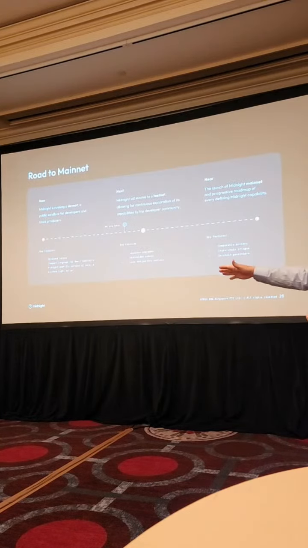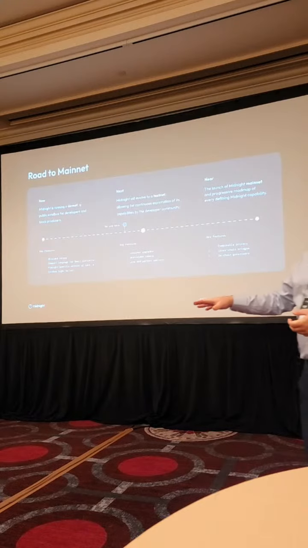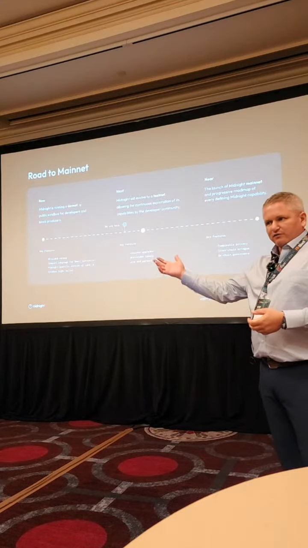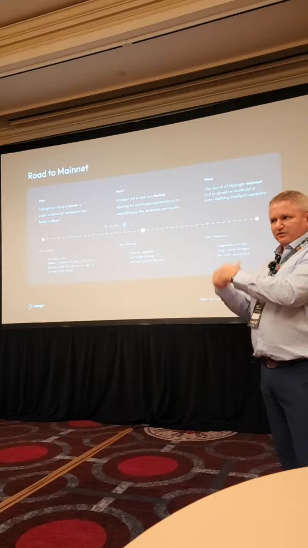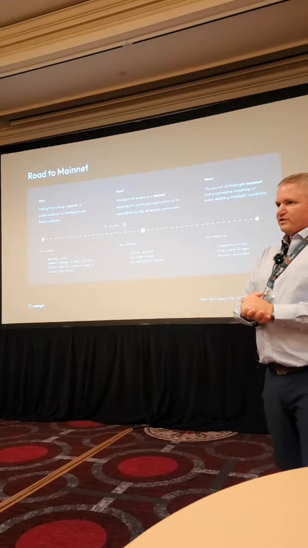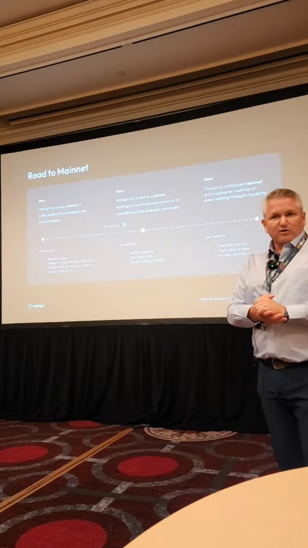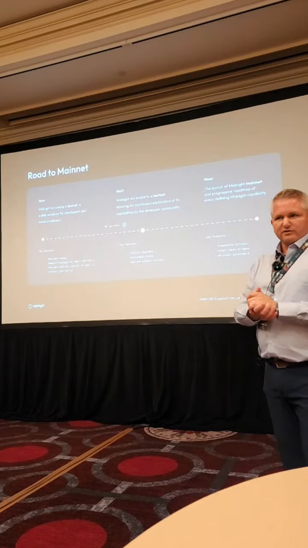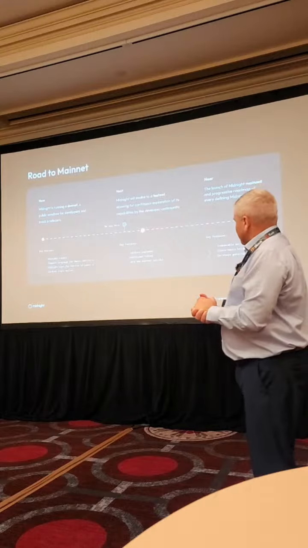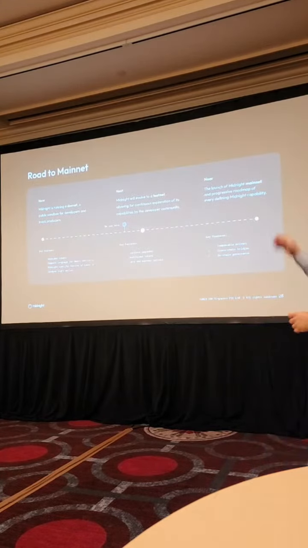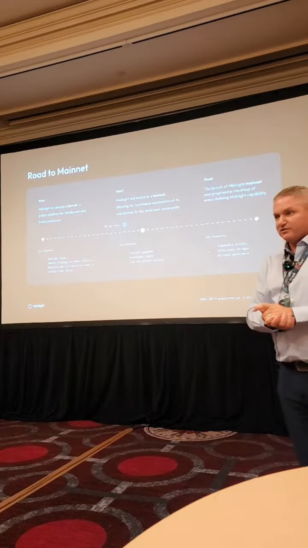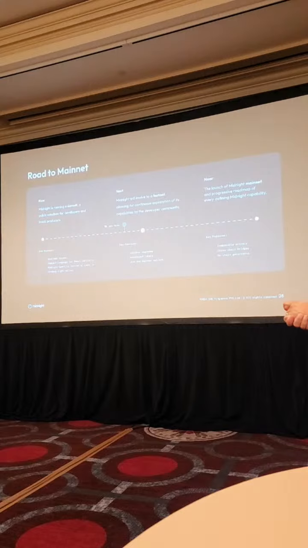We will move off of the Midnight version of Lace, and it'll be embedded fully in Lace. So if you have Lace now, it'll just become a new feature that's updated to you, and we are actively working with other partner wallets to extend our reach so that we're not just stuck on one. And then in the near term, we're going to move to mainnet. Mainnet's coming early next year. That's when it will be live.